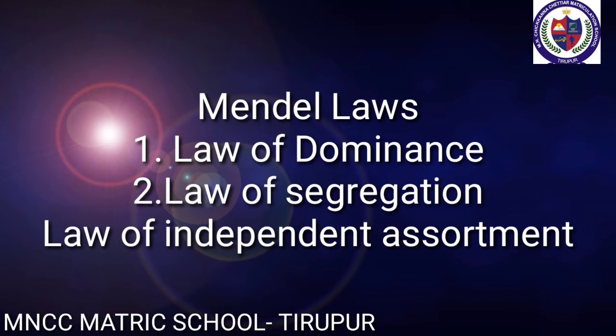characters. Law of segregation or law of purity of gametes: when a pair of contrasting factors or genes or allelomorphs are brought together in a heterozygote or hybrid, the two members of the allelic pair remain together without mixing, and when gametes are formed, the two separate out so that only one enters each gamete. Law of independent assortment: in case of inheritance of two or more pairs of characters simultaneously, the factors or genes of one pair assort out independently of the other pair.